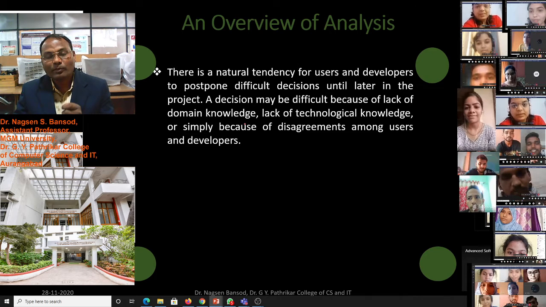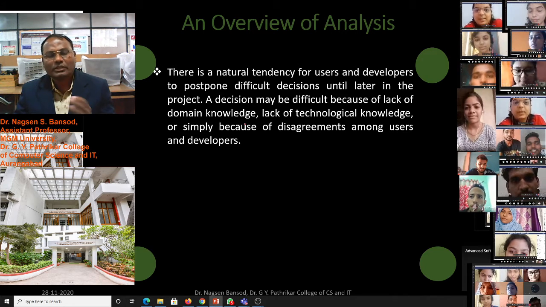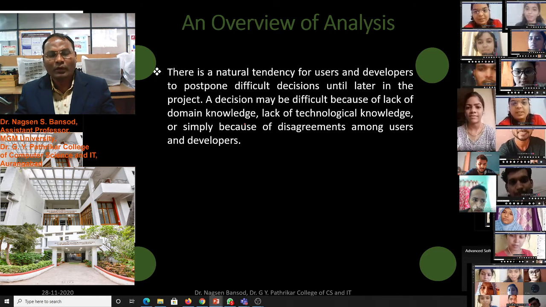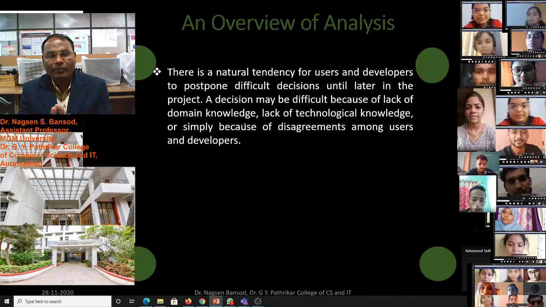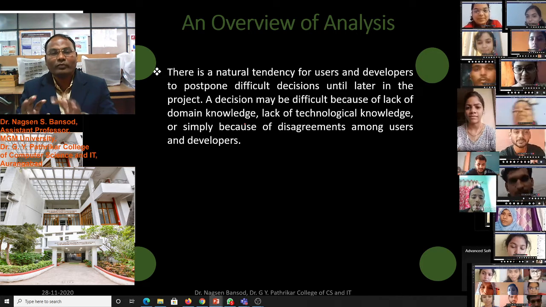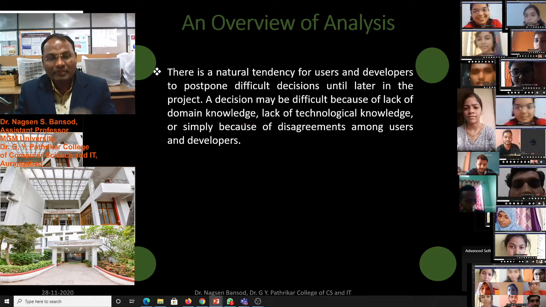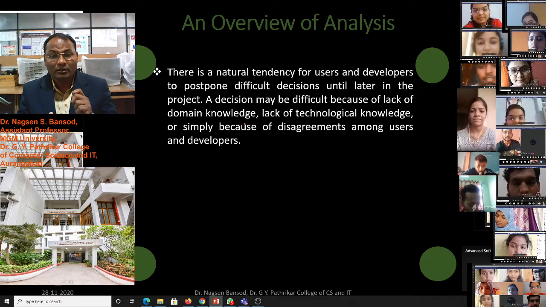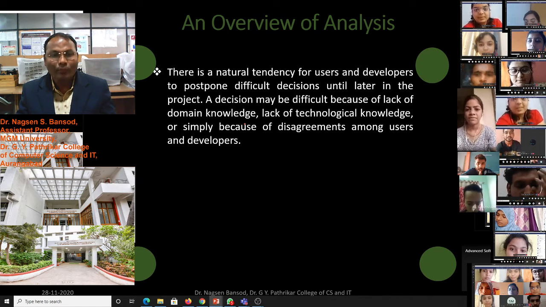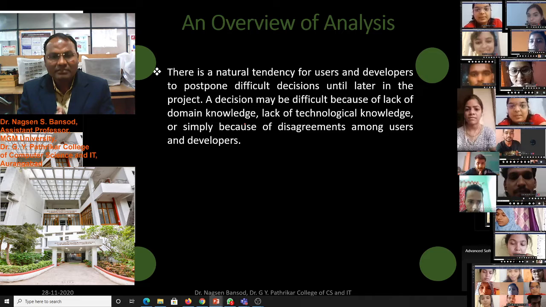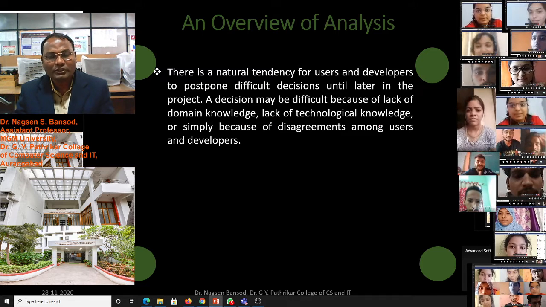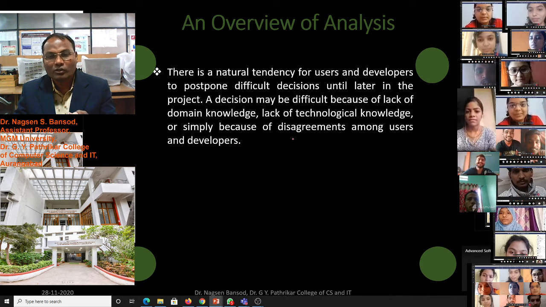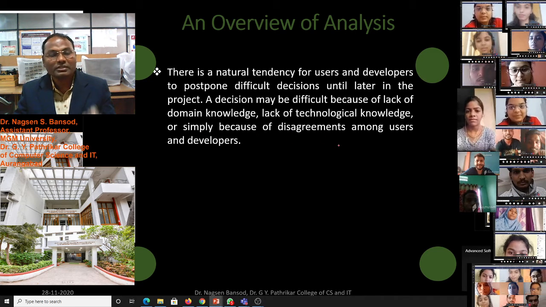As a developer, suppose we got a difficult project beyond our domain, like we want to design medical equipment, software for coronavirus detection. Then it will be difficult for us because that is not our domain. Beyond the domain, there is a chance of lack of technology knowledge, or simply because of disagreement among the users and the developers.